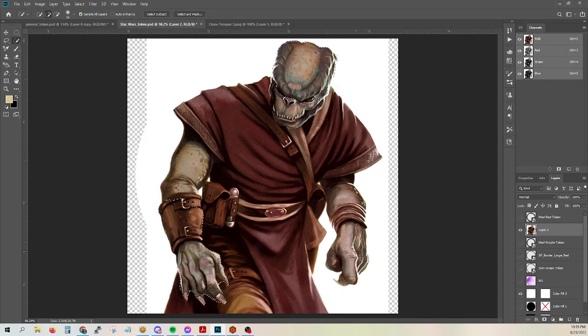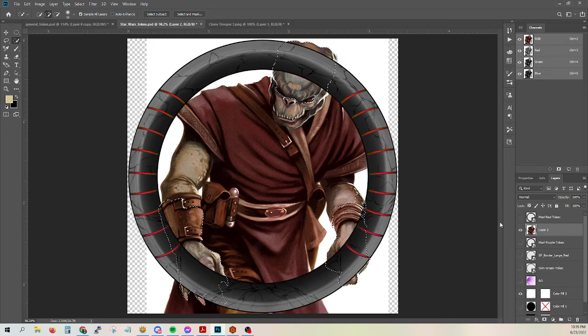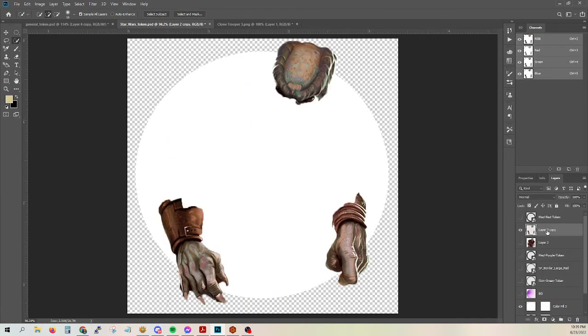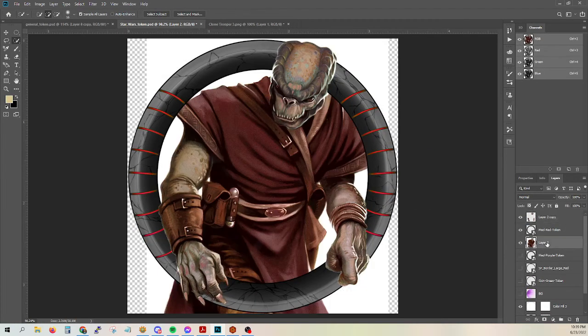Okay, and we'll take this hand, sure. We can always send it back if we don't need it. All right, right click, select and mask, pop it up above, bada boom, bada bing, come over here, selector tool